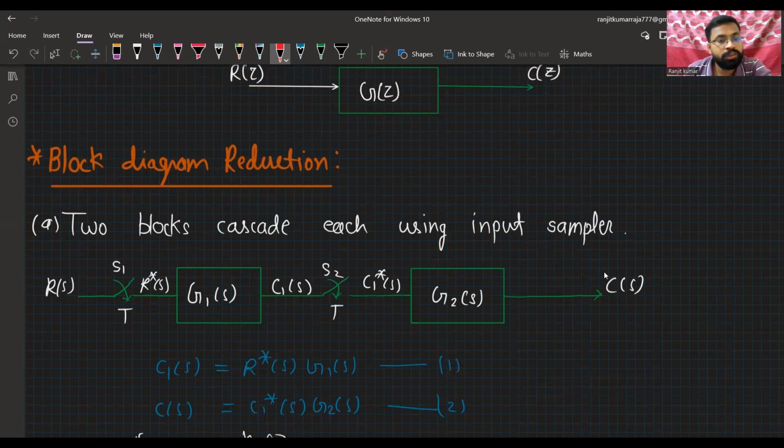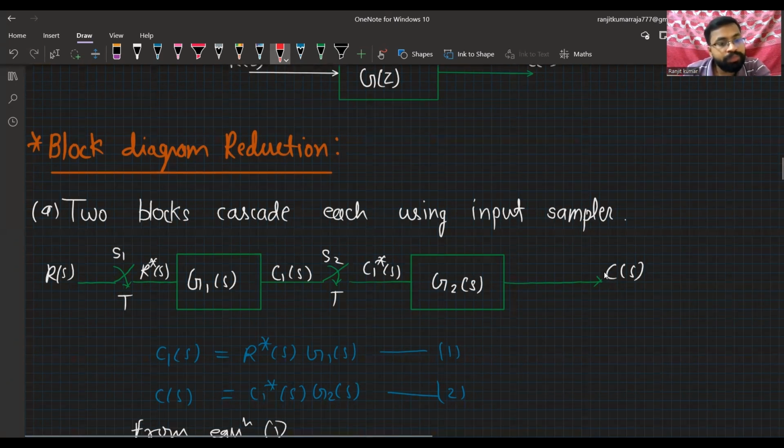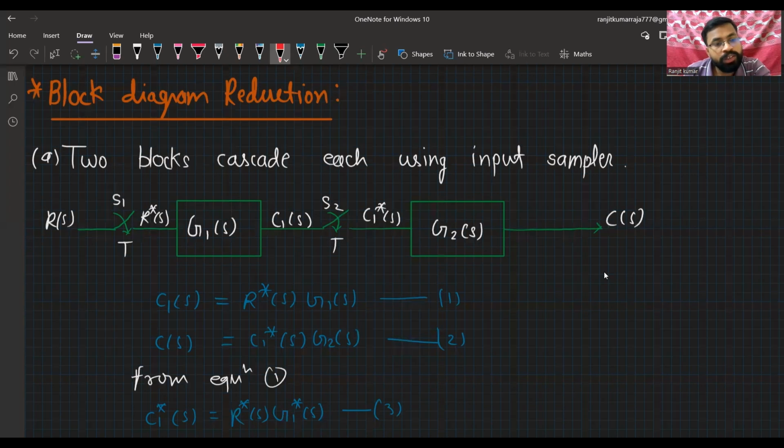Okay. Now in this topic we will see how different blocks are given there, and how we can calculate the pulse transfer function. Okay. So here I have added two blocks. First one is G1 of S and second one is G2 of S. So this is the input R of S, and some sampling we have applied here,